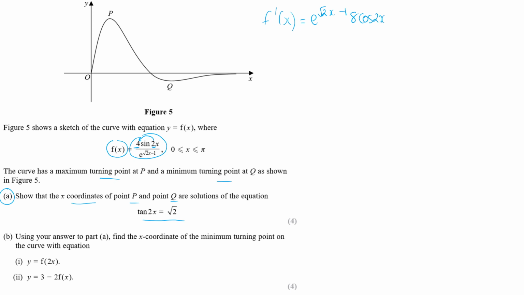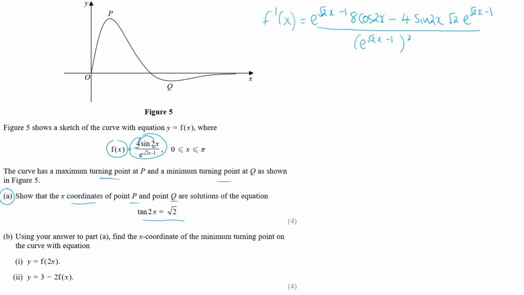So it's bottom diff top minus top, which is 4 sine 2x, differential of bottom. E to the x differentiates and integrates to itself, but then we've got this root 2 here, that's just going to come down, root 2 e to the root 2x minus 1 all over the bottom squared, which is e to the root 2x